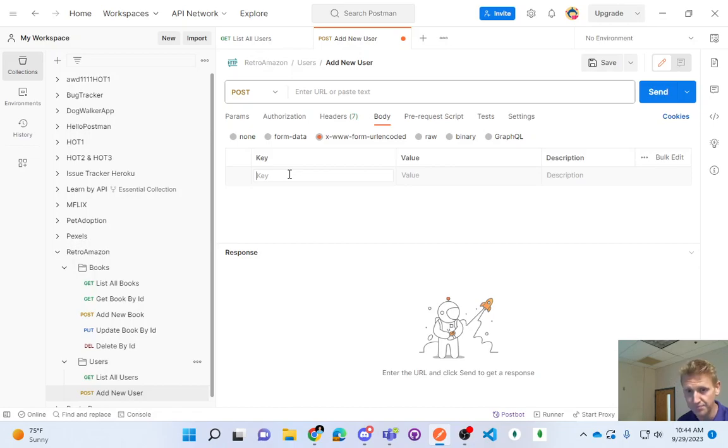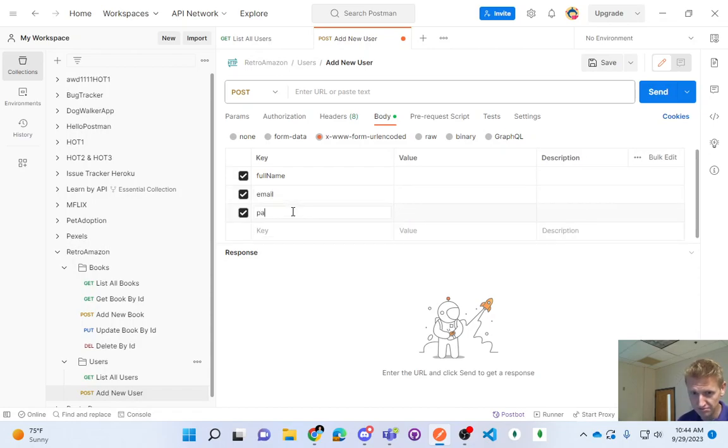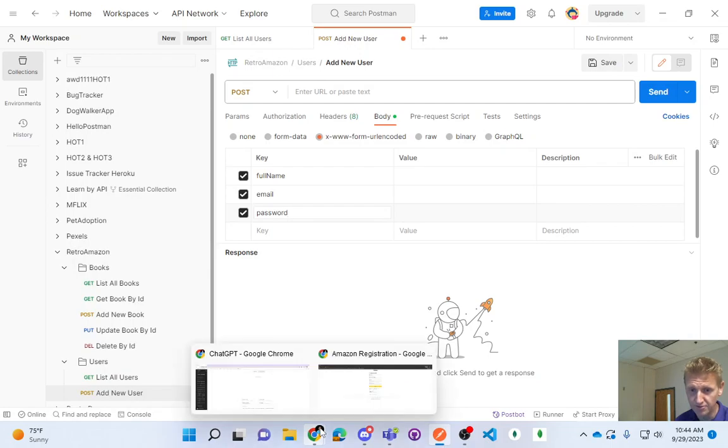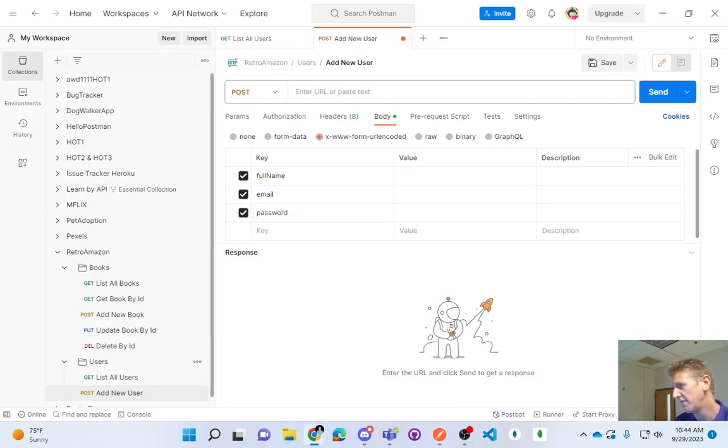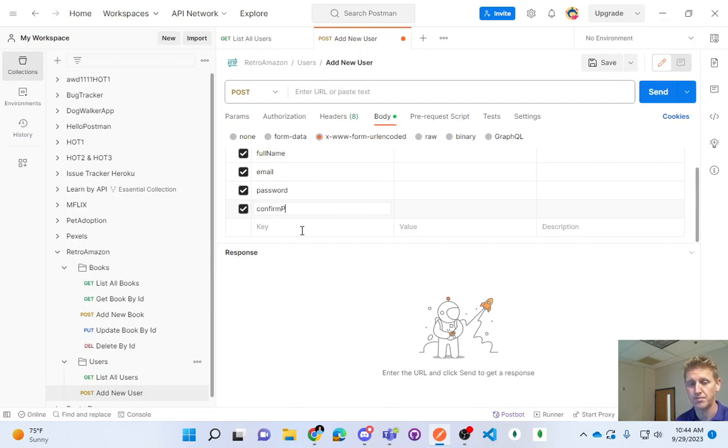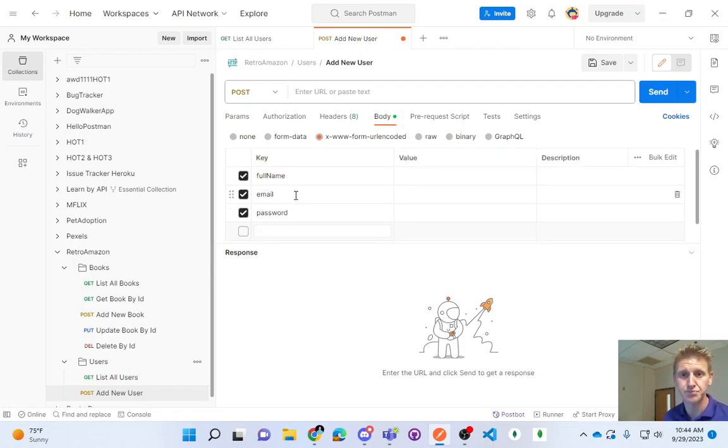Now there was a full name field. There was an email field and a password field. I think that was basically it. Full name, email, password. I guess we could do confirm password, but we could just confirm the password. I'm not going to store that. I'm just going to do these 3. So add new user, full name,